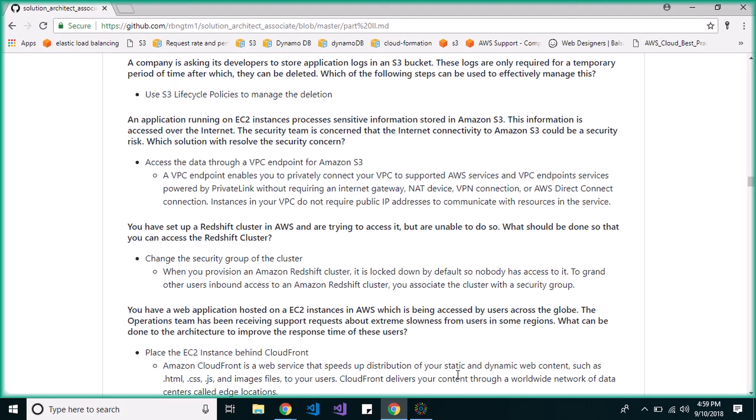You have a web application hosted on EC2 instances in AWS which is being accessed by users across the globe. The operations team has been receiving support requests about extreme slowness from users in some regions. What can be done to the architecture to improve the response time of these users is to place the EC2